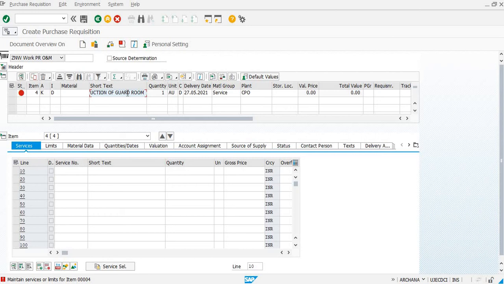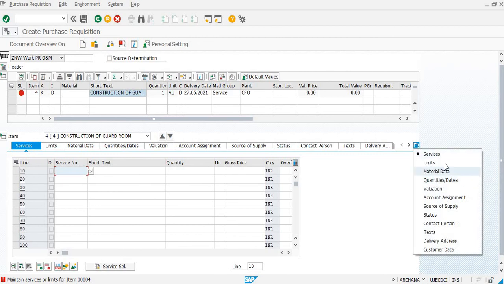So this is a type of service in which the total amount is known, but the further division of the service and the amount is not known. Now click on enter. Now we'll maintain the services.